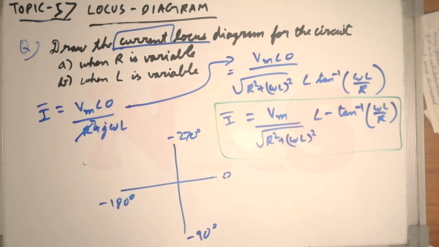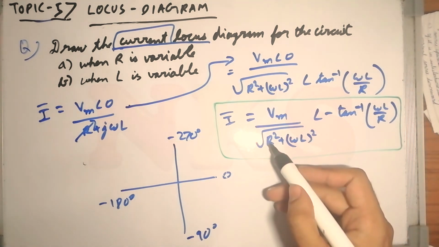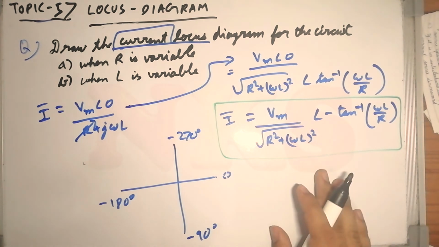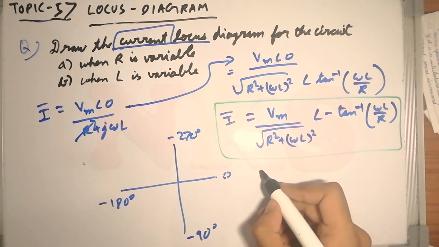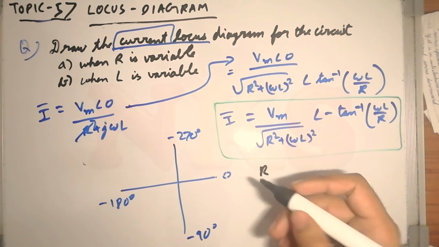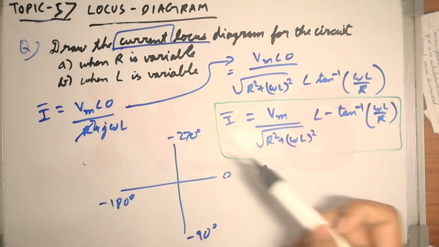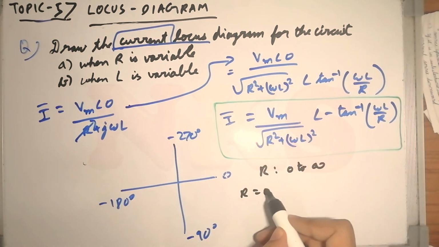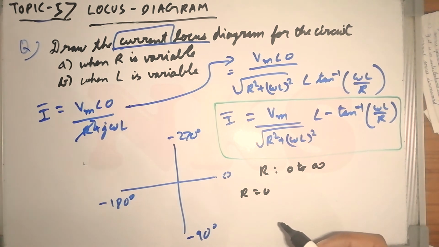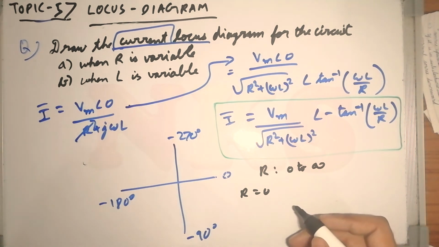Now this is our locus plane. It is asked how this I phasor will vary with respect to R. Now this R is varied. R is always varied from 0 to infinity. Any parameter that is asked, that is variable, is varied from 0 to infinity. First we will put R equal to 0 in the above expression. So I will get Vm upon omega L